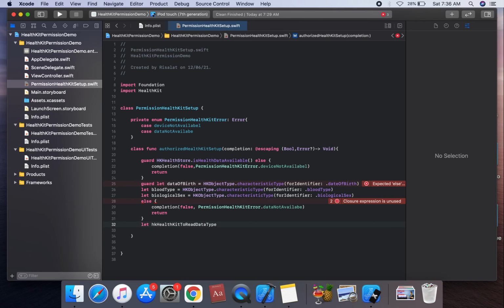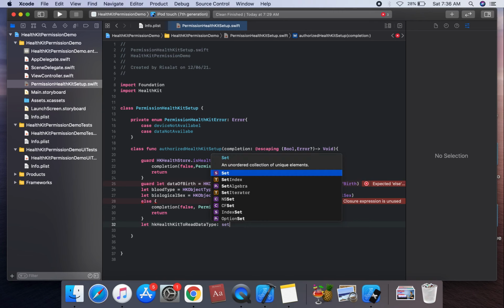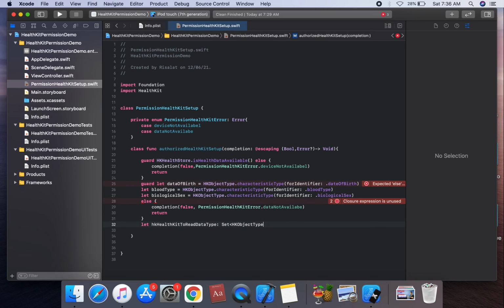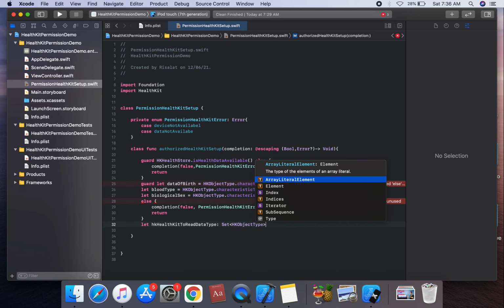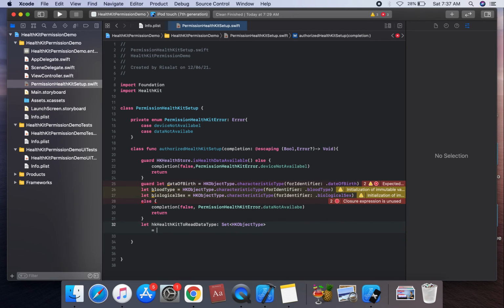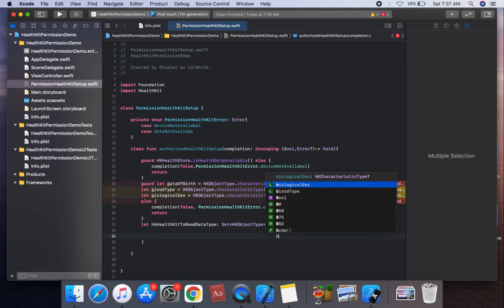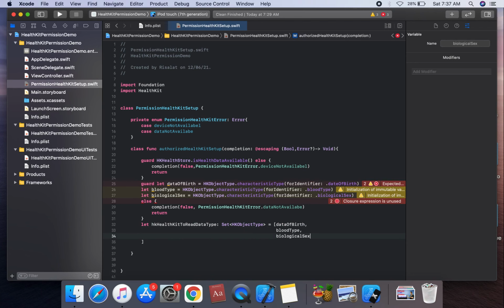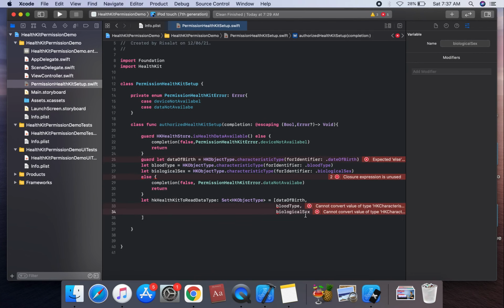Suppose which has a parameter name HK health kit read data type, which is type of set of HK object type, and is equal to HK object type requirement of array of data. Firstly is our data is date of birth, comma, and second is blood type, and third is biological sex. We're gonna complete this.